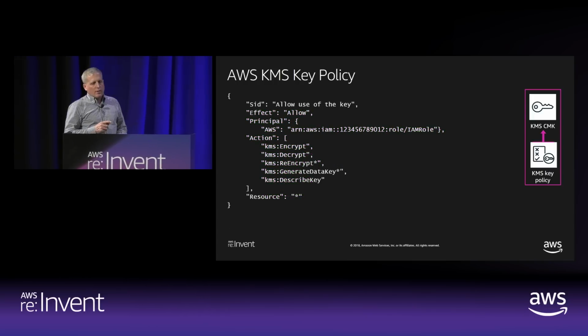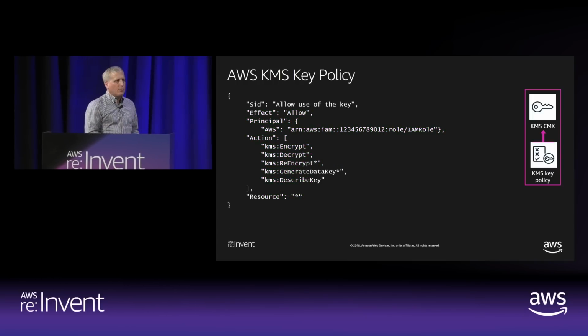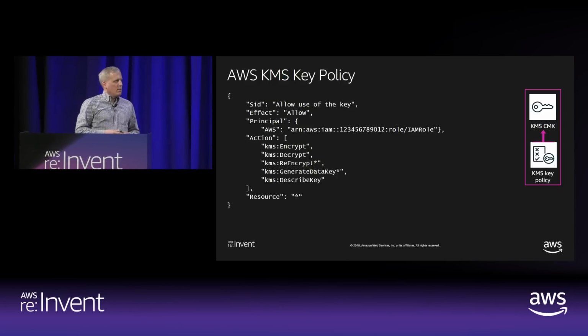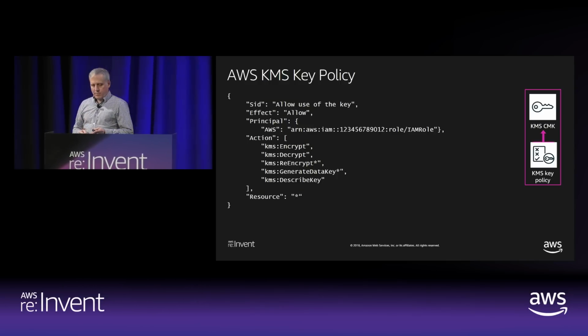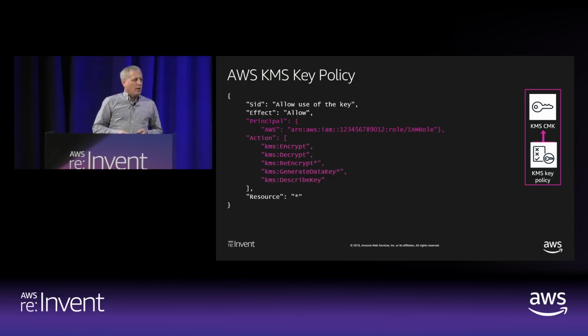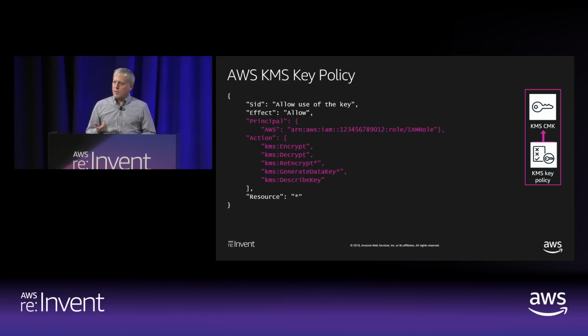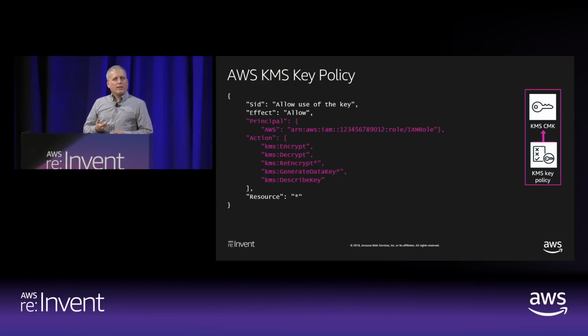Okay, so now let's look at the use of a key. So this is much more common. Applications, end users, partners need to be able to cause keys to be used, even though the plaintext key material will never be exposed. So again, here we have, in this case, the principal is a role, and the actions are encrypt, decrypt, re-encrypt. Generate data key is actually a function where we generate a new 256-bit key, and we encrypt that key under the master key that you passed inside the generate data key API parameter. This is how envelope encryption works.